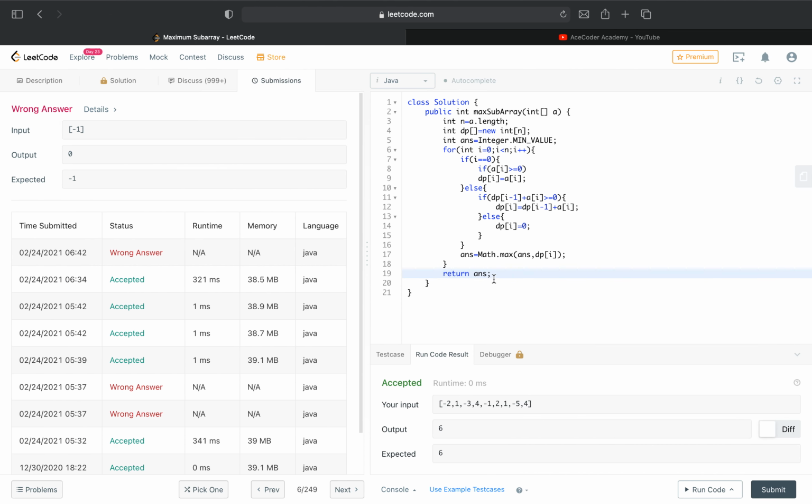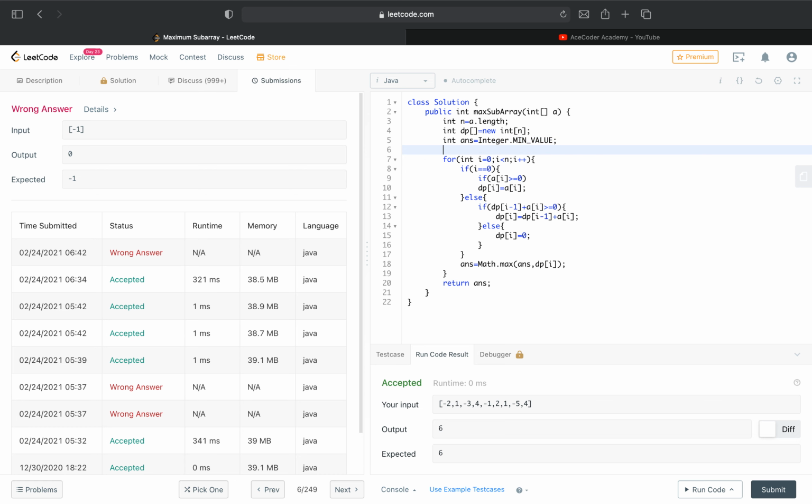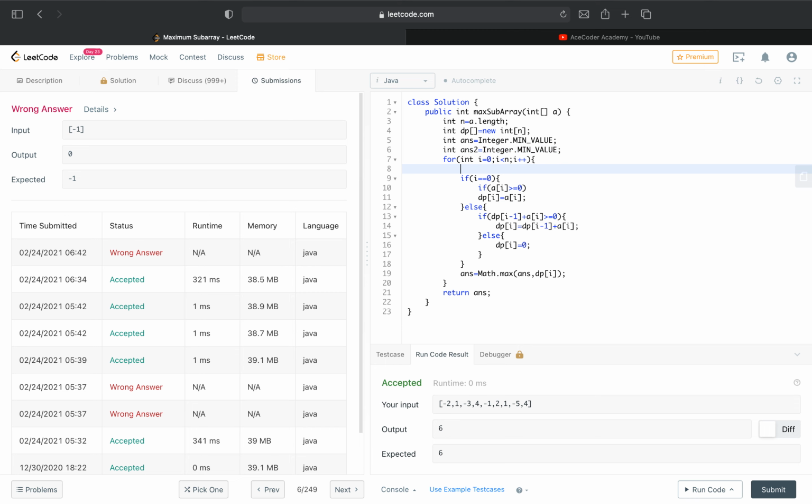So you will just create a variable answer2, which I will be initializing again with minus infinity, since I know the size of the subarray will be 1 in the case when all the elements are negative, so I will just be updating my answer2 variable.